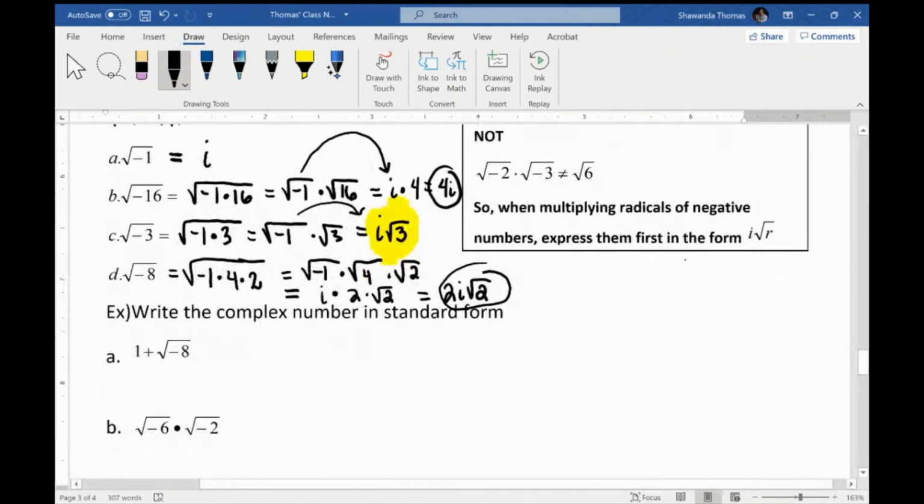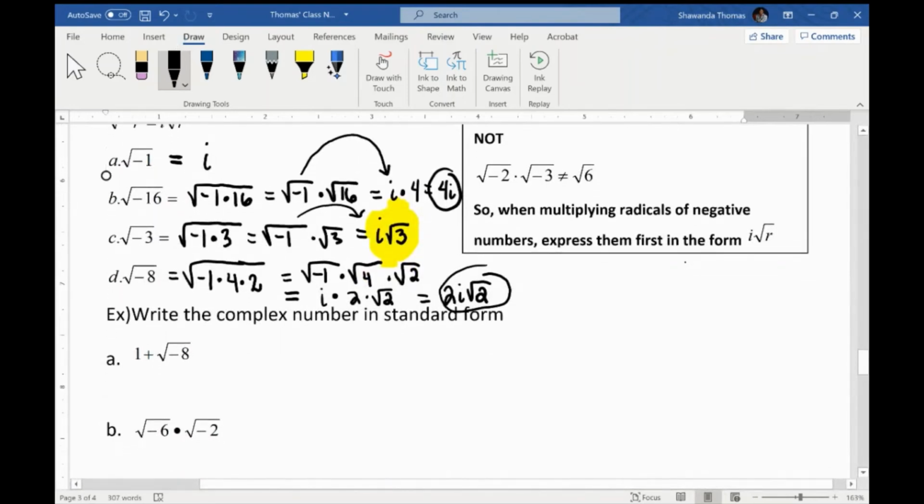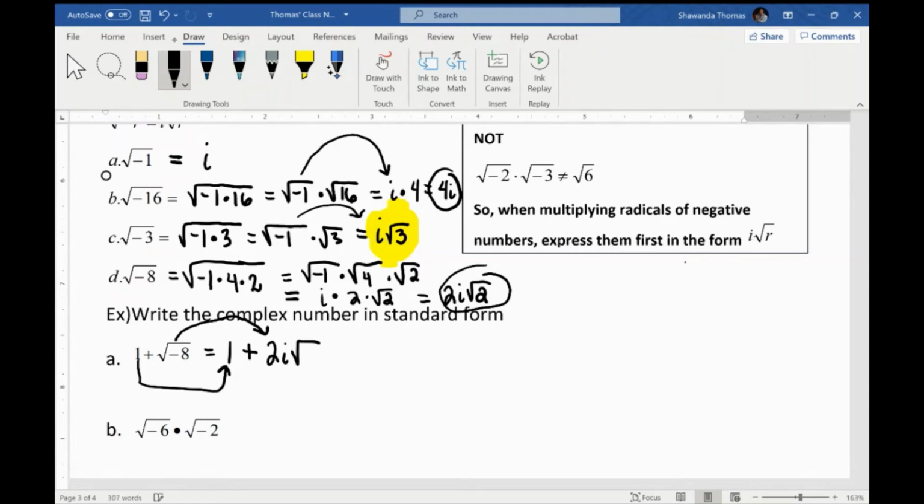All right, so the next little part, write the complex number in standard form. Well, we'll try our best. 1, nothing's wrong with 1. We're going to write it back down. Plus, we just did the square root of -8. We said it equals 2i times the square root of 2. So that's,